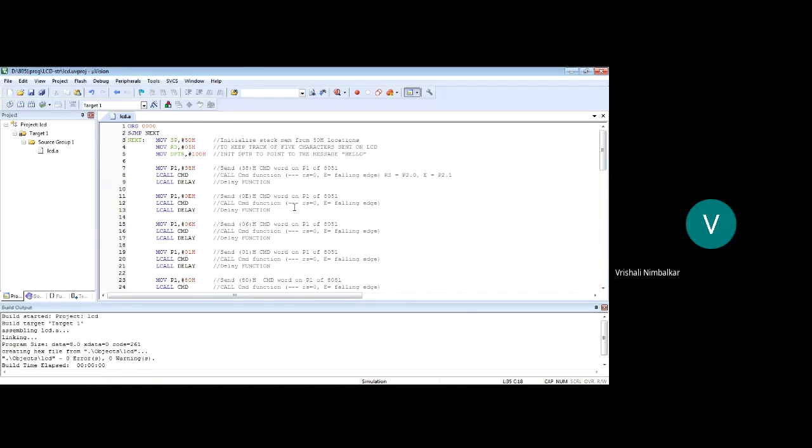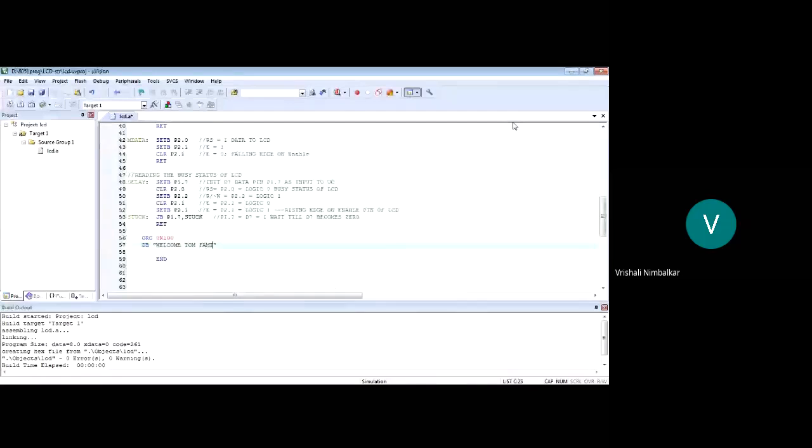Your display program should be such that it can display any length message. If I want to display something like "WELCOME TO FAMT", then how long is my message? WELCOME, how many characters is it? This is 1, 2, 3, 4, 5, 6, 7. The space is 1 character, that is 8, 9, 10. Again the next space, 11, 12, 13, 14, 15. So now your message is of 15 characters.